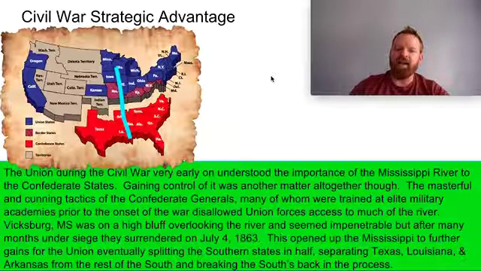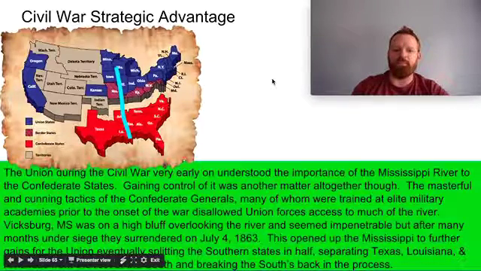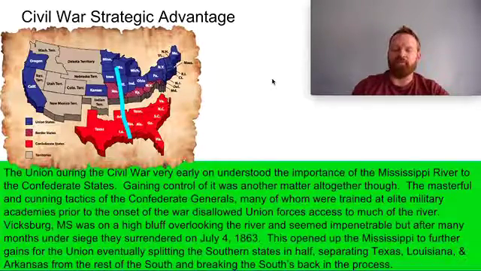Fun fact, interesting thing about Vicksburg, Mississippi, they didn't even celebrate July 4th as a U.S. holiday for many decades after that, just because of the obvious reasons of July 4th having a negative implication on their city. This opened up the Mississippi River once they took Vicksburg and eventually moved down to further gains for